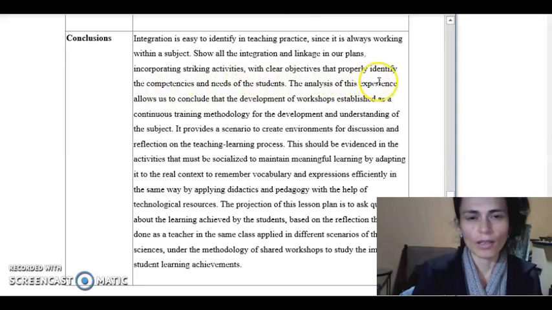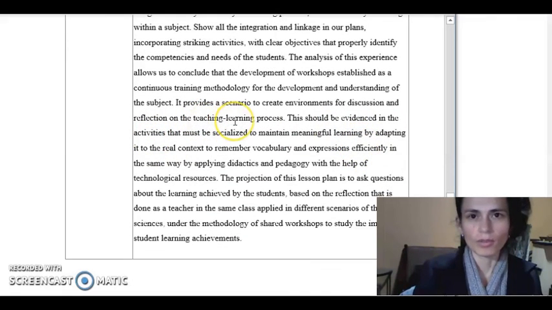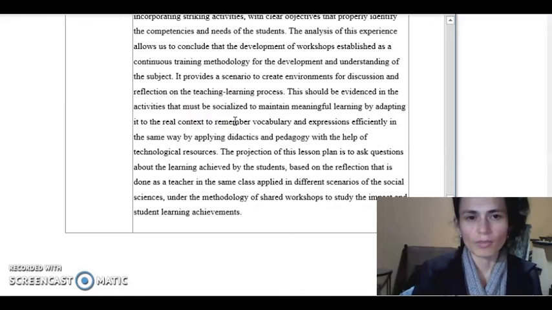The analysis of the experience allows us to conclude that the development of workshops is established as a continuous training methodology for the development and understanding of the subject. It provides a scenario to create environments for discussion and reflection on the teaching-learning process. This should be evidenced in the activities, which must be socialized to maintain meaningful learning by adapting it to the real context, to remember vocabulary and expressions efficiently, in the same way by applying didactics and pedagogy with the help